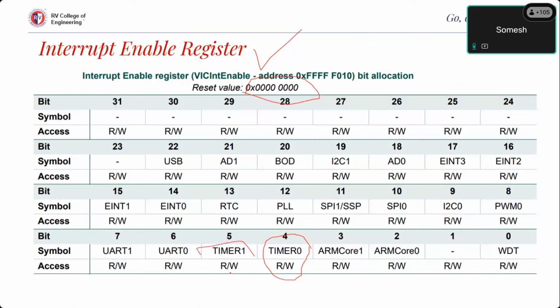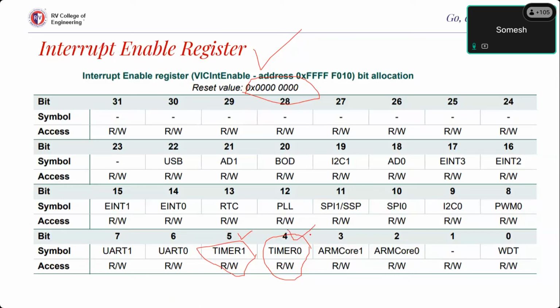For timer 1, the source number is 5. It's fixed, it's not going to change. So for a given microcontroller, the source number of the interrupt from timer 0 is 4. So now I know that if I want to assign the timer 0 interrupt to slot number 0,